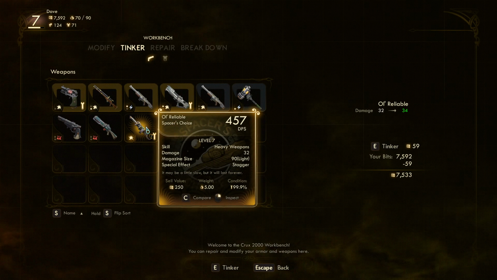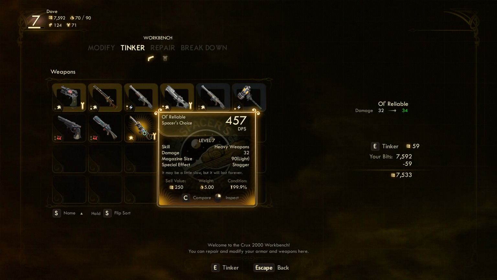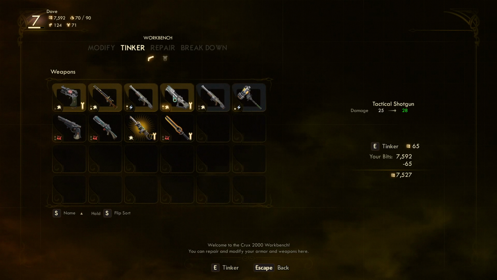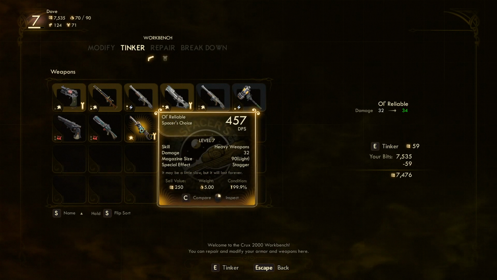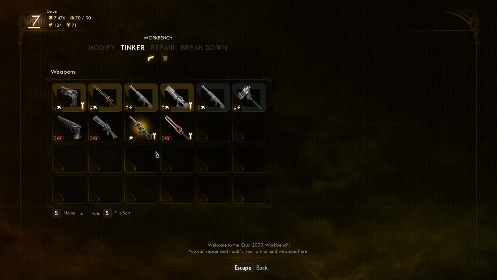Tinker. Old reliable. 59 bits. Did I not do... I'm sure I'd done the damage on all... No, it was my rifle, wasn't it? I can tinker with it again. Okay, I'm going to tinker with that. Tinker with old reliable. We've got quite a lot of bits actually, so...